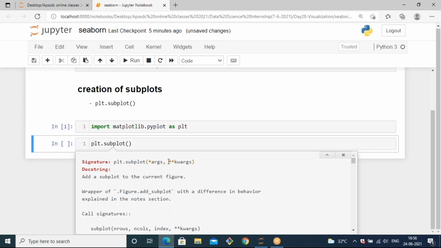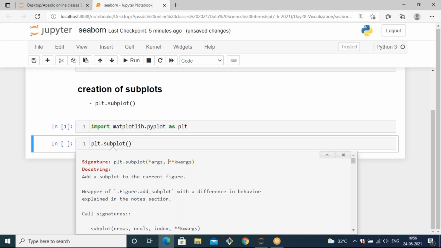And what if you are using a single star? What does it signify? Single star means sometimes you don't know the length of values. In that case you can use a single star.